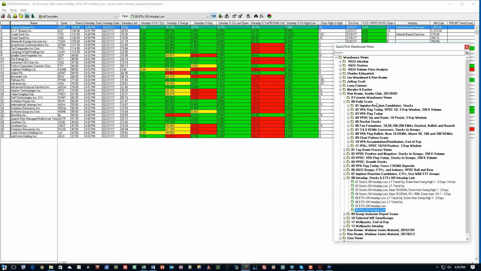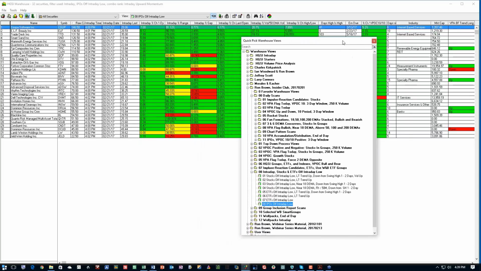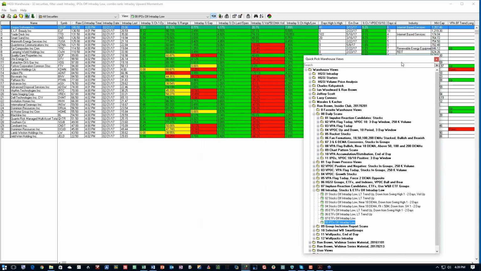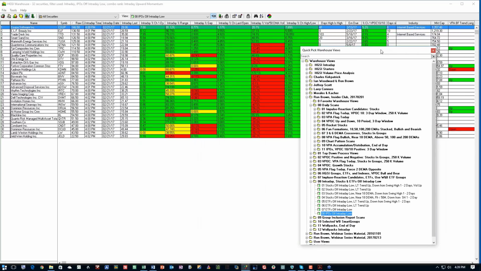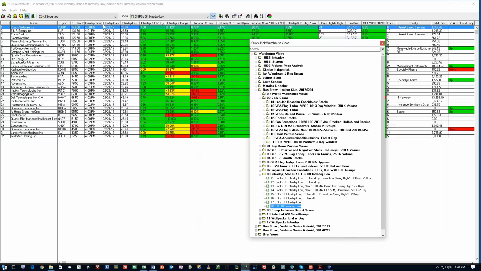So that's where the volume point of control 1010 comes into play. And if you look over here, you can see the days since the crossover. Some of these are in industry groups, some of them are not, because they're IPOs, and some haven't been assigned to groups yet. So what we're looking at here is the same combo that I just showed you, but if I bring this filter up,